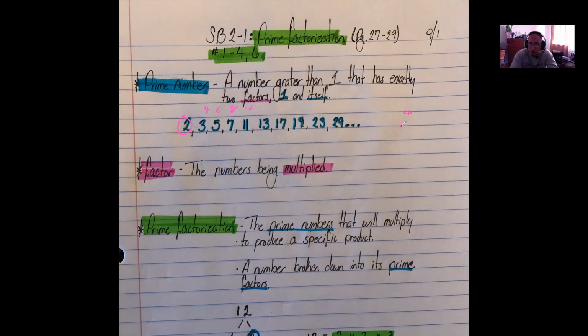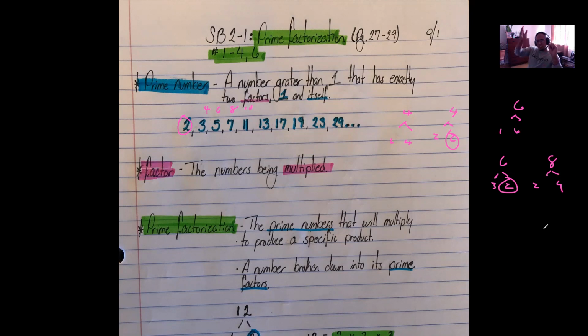Again, number 4, yes, 1 and 4, but I can also divide it into 2 times 2. 6, yes, 1 and 6, but I can also divide that into 3 times 2. So it's not prime. All of these have 2 in common. Same thing with 8, I can do 2 times 4. Same thing with 10, 2 times 5. Same thing with 14, 2 times 7. So that's why